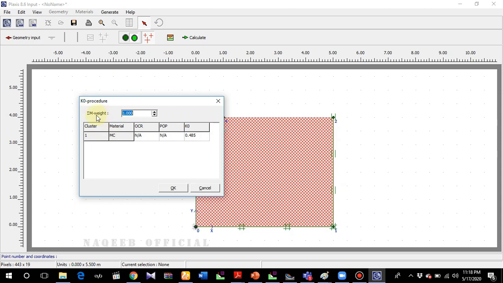Sigma M weight. Sigma M weight means the whole soil mass is included or will be affected if the value is 1. If there is a layered system, then we have to change this value. So in the meantime, we'll keep it as 1. The concept of this one is the whole soil mass is influenced by the loading. So okay,